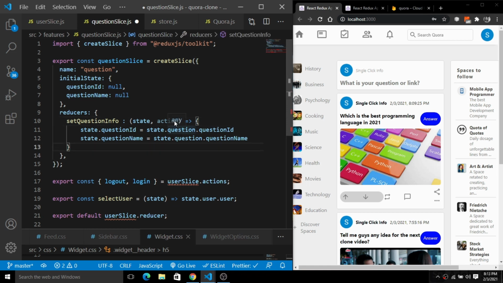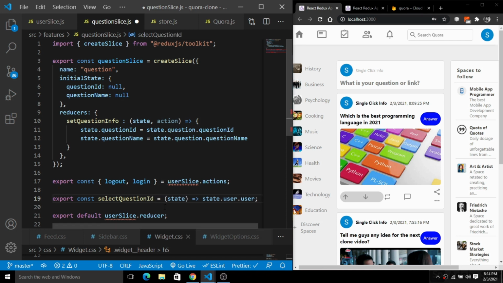Okay, you guys can see here. So inside of this reducer, we will use the payload functionality here, and after that we will export the question ID and the question name. So how will we achieve this? These things will be done when we use the export here, just like this. So we have this selectUser. Here instead of this, we will add a selectQuestionId.